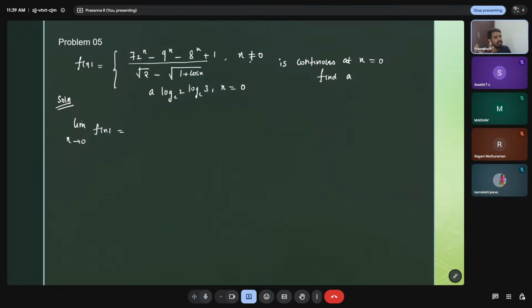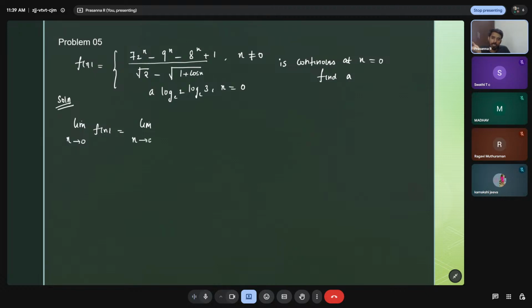So you don't need to find 0 minus and 0 plus, because 0 minus and 0 plus are the same function. When x is not equal to 0, it takes this value. 0 plus means what? 0.000001. This is your function output value. 0 minus means to the left of 0, minus 0.00001. Again, this will be the output. So I'm directly finding the limit of this function. If they are given different functions to the left of 0 and to the right of 0, you do LHL and RHL separately. If x is not equal to 0, only one function, you directly do only one